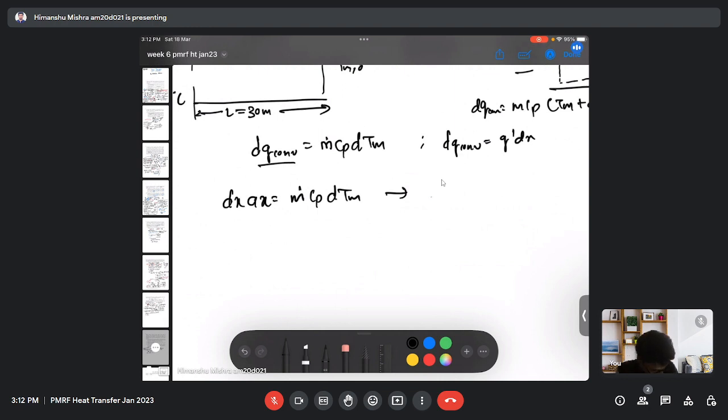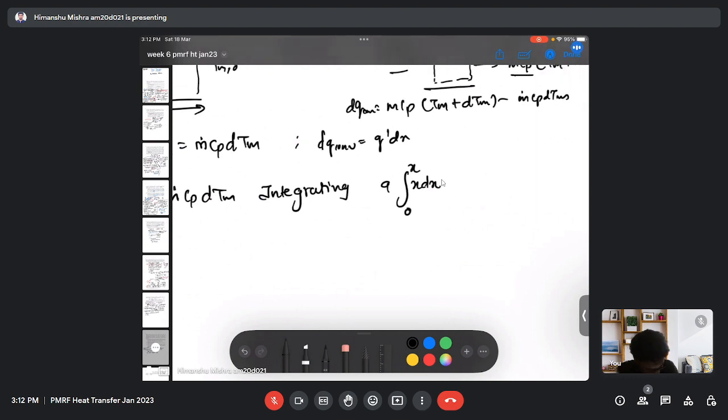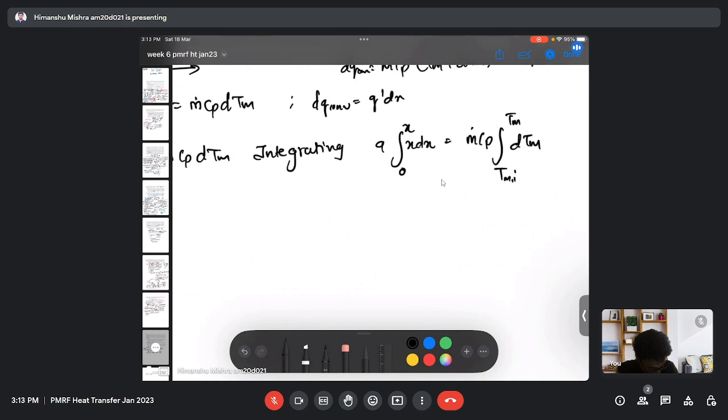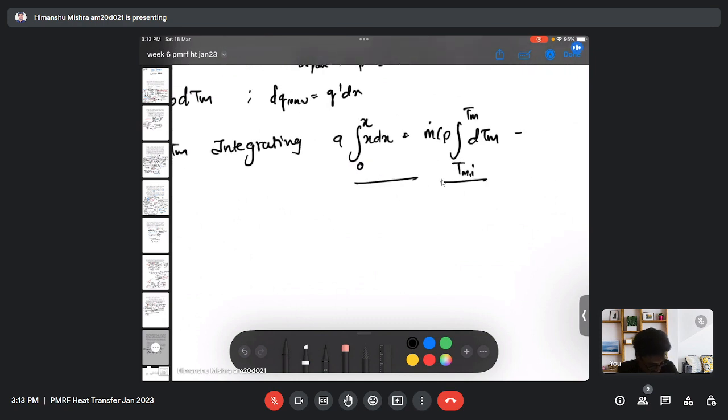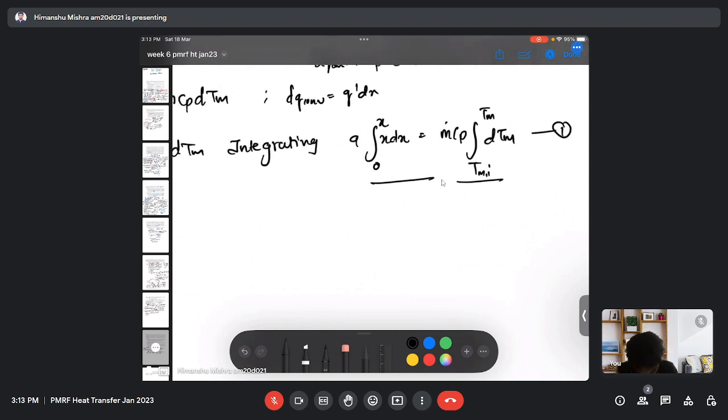Now we need to integrate it. We will get x dx, integrating from 0 to x on the left hand side, and on the right hand side integrating from the inlet temperature Tmi to Tm. Let's say this is expression 1. After integrating expression 1, we will get